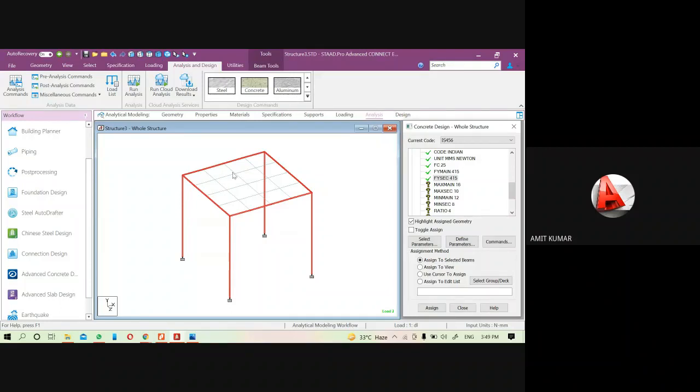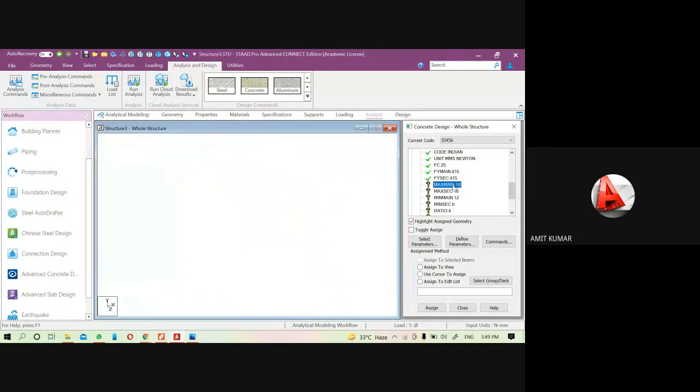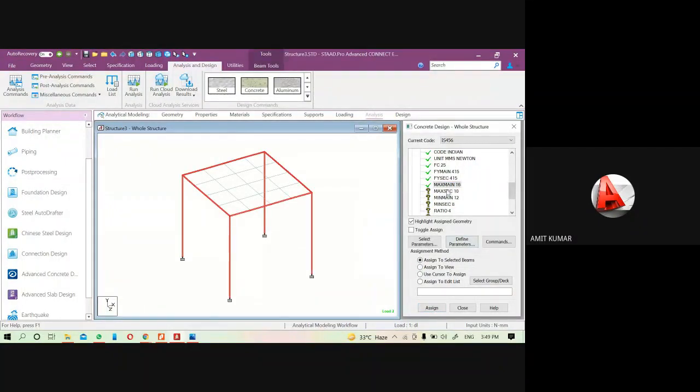Slab is not getting this property because secondary reinforcement means stirrup detailing, and for the slab the software will give you only the area of the steel, not the detailing. That is the size of stirrups, spacing between the stirrups. That's why you can see here it is not assigned. Even if it is not assigned, how will it show you the output? You can see the max main, that's the maximum size of the main reinforcement bar. That means it is showing the size of the bar for the beam and column only, not for the slab.